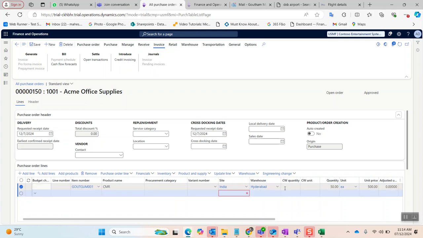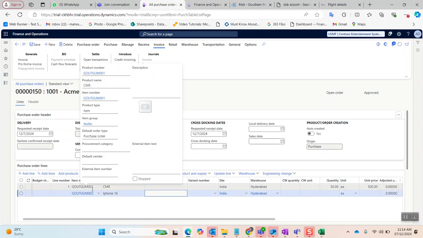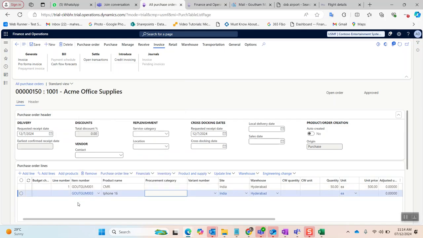Okay, let me add another one and let me select this. In this particular product I will select the item master. 003 is the item master. Now you can see when I select the item 001, there is no variant, right? So it's only the product, it doesn't have any product variant. When I select the item V0003, if I directly update the quantity and the unit price,